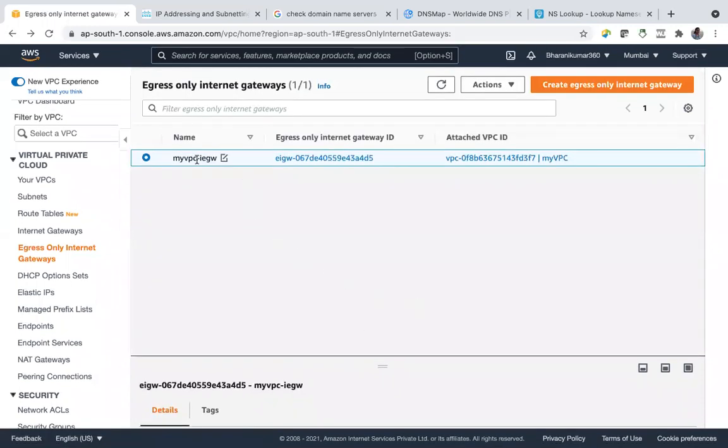But what it does is, the egress only internet gateway will not allow traffic to come inside your VPC. So we don't want this. Suppose we already attached it to our VPC, and if we want to delete it.